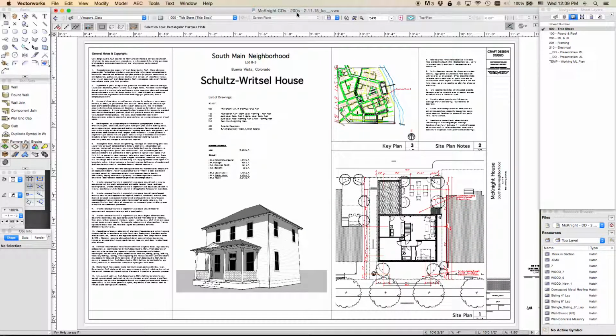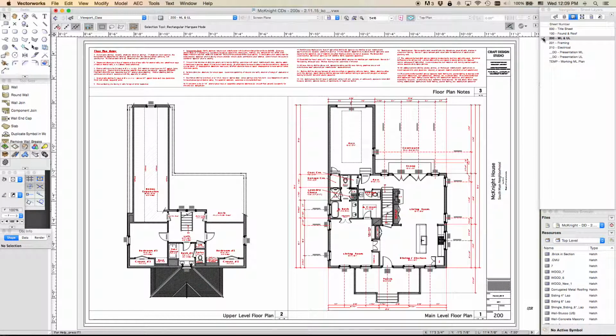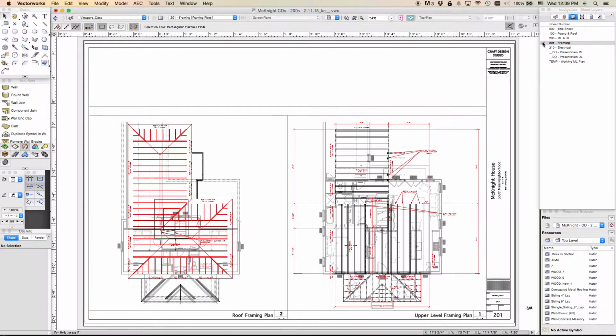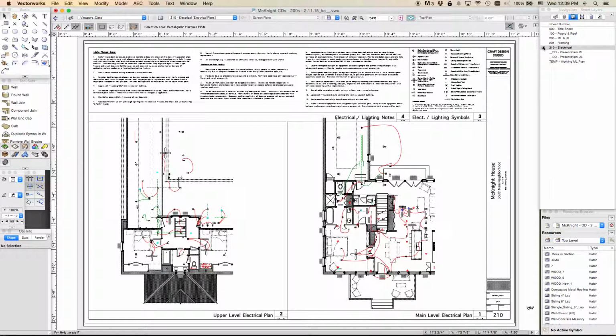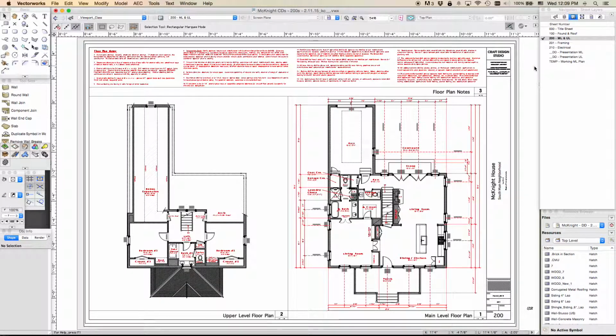with the 200s file. The 200s file usually includes the title sheet 000, a roof plan, foundation plan sheet 100, main level and upper level sheet 200, a framing plan sheet 201, and then like a 210 sheet for electrical lighting. So I'm going to go back and starting with the main level plan, we've already done some work on